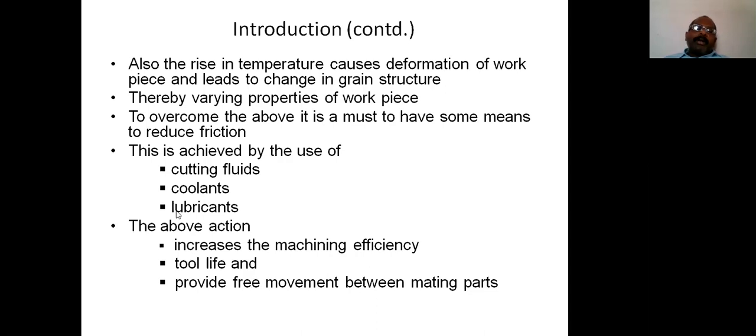In addition to this, if lubricant is applied between two mating parts, like between the grooves of the tailstock and the grooves of the lathe bed, because of applying a fluid or liquid layer, the tailstock moves over the bed. It is not only the tailstock. Suppose we consider a lathe machine: the saddle is resting over the inverted guideways of the bed. On that saddle, the cross slide is mounted. Over the cross slide, the compound rest is mounted.